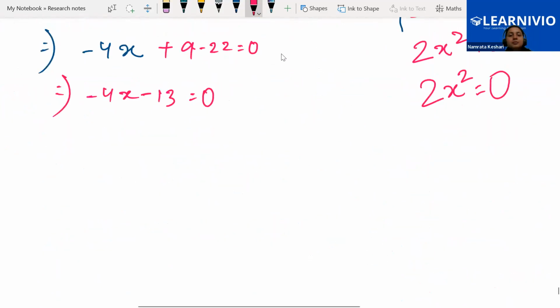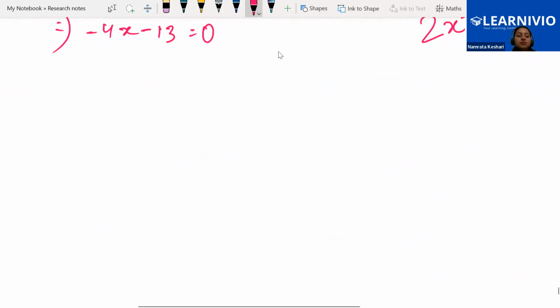Now the next concept is finding the root of the quadratic equation. So if I give you